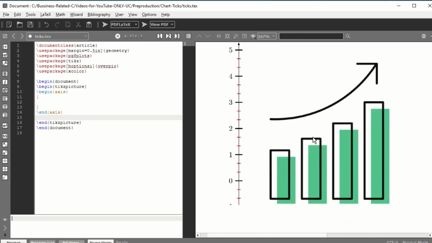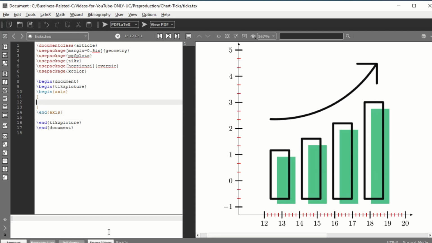So let's have a look at this image. First thing I want to do is decide what is the height and width which I want to use on this paper. So it is roughly a square picture. So I would say height equals 10 centimeter, comma, and width equals 10 centimeter, comma. So this is roughly 10 by 10. Now the limit of my y-axis is from -1 to 5. So I will type ymin equals -1 and ymax equals 5.